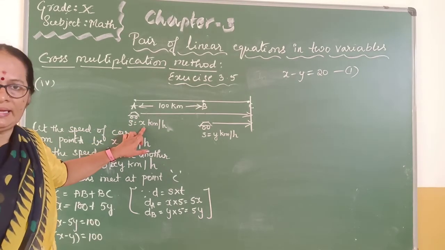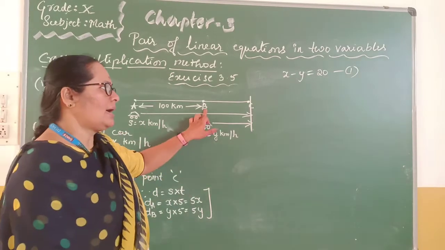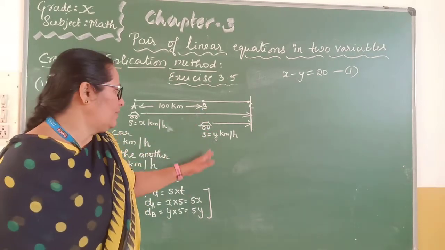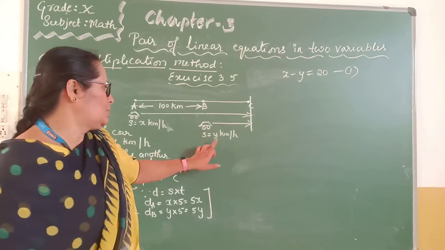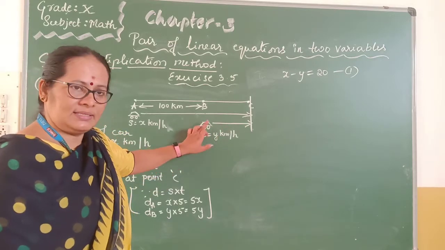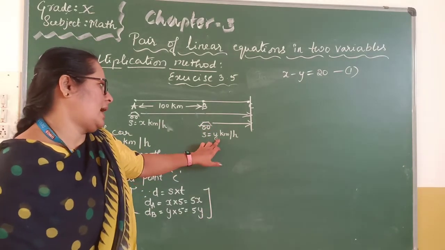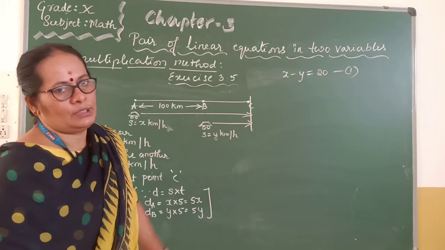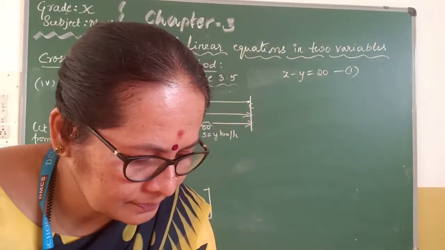This car also has speed y, and time taken is 5 hours, so the distance covered is 5y. Now AC equals